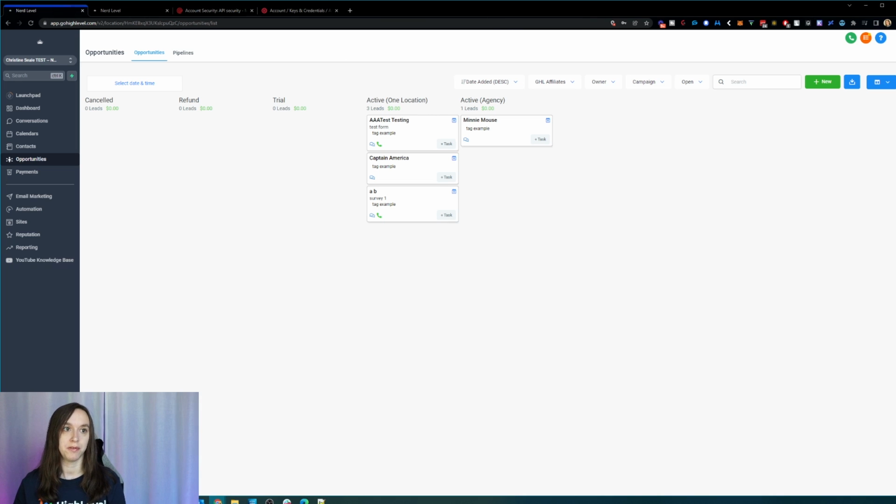You can have different pipelines, and I have a different one for each product, okay? And you can do a different pipeline for leads, a different pipeline for clients, but this is pretty much the Pipedrive functionality that I was talking about earlier. So I have another video on how to set up your pipeline correctly as far as categories go, but I'm just going to show you how to do it in here real quick.